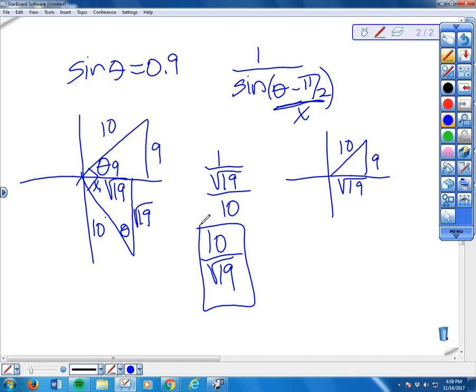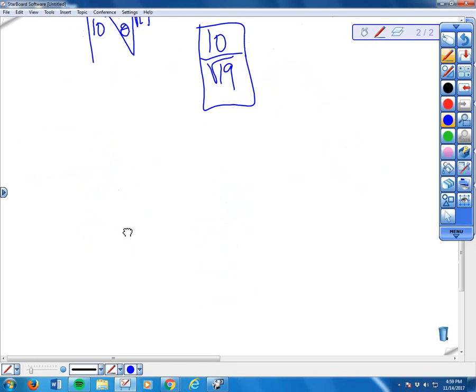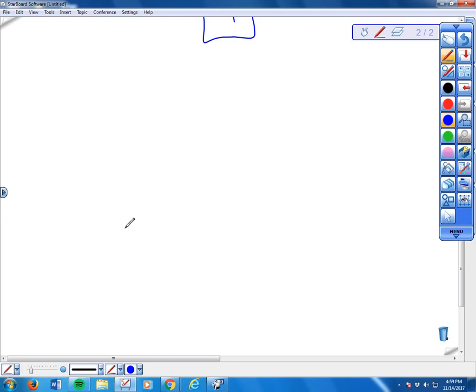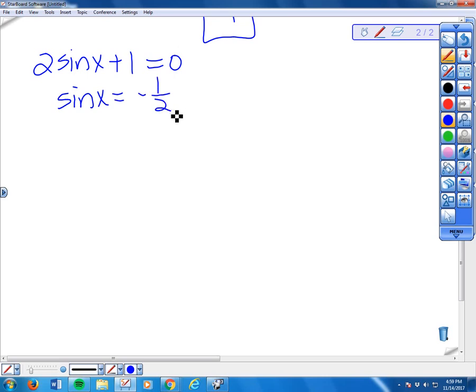Okay, moving on to 13. Solve 2 sine x plus 1 equals 0 on the interval 0 to 2 pi. So I'm going to subtract 1 and divide by 2. So sine x equals negative 1/2. I'm trying to figure out where sine x is negative first off, and that's going to be this quadrant and this quadrant. And what the angle is, well, for this to be negative 1/2,